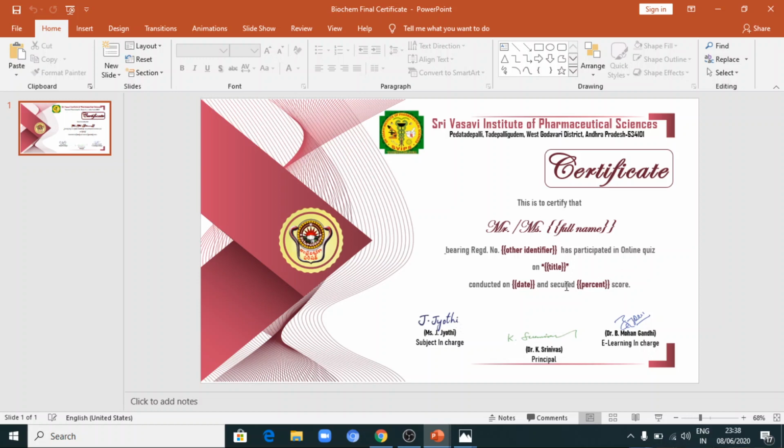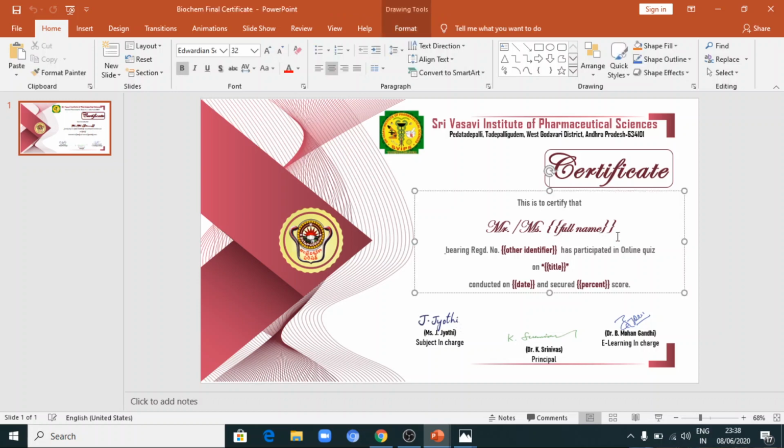You need to be very careful. And one more thing is, whenever you are making the things in your flower brackets, you should not give any space before or after. It should start with the letter and should end with the letter. Now if I give some space here, it will not take. So that is the reason it should be well within the flower brackets. So this is about the thing.